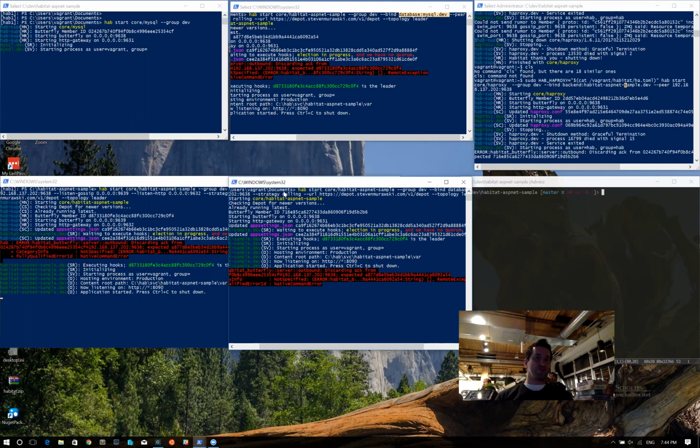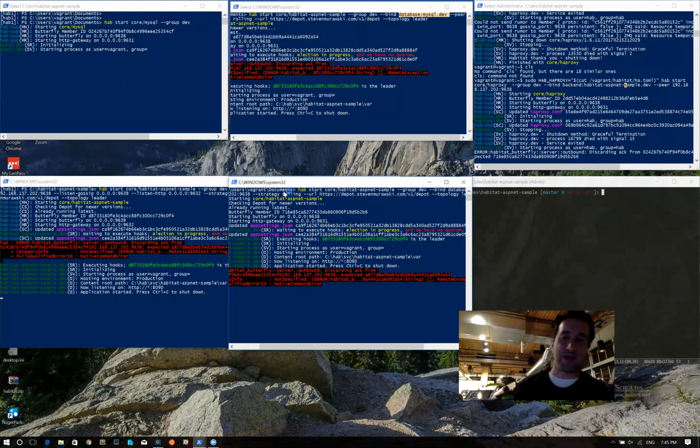It could be at once, which means as soon as it finds a new version of my application in the depot, it'll update itself. Or rolling, which means if I'm in this leader topology, so I have 3 services, 1 leader, 2 followers, I also have what's called an update leader. That update leader will always be different from the actual primary leader of the topology group. And it's in charge of looking at the depot